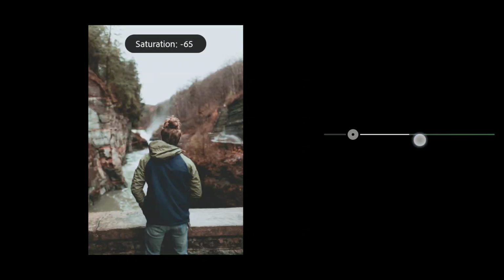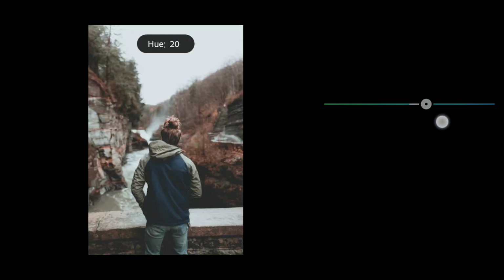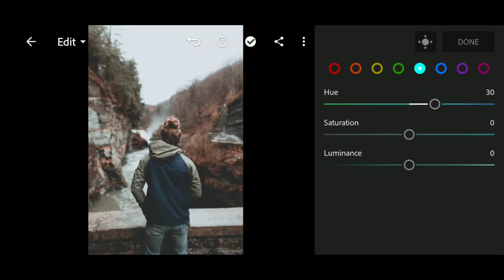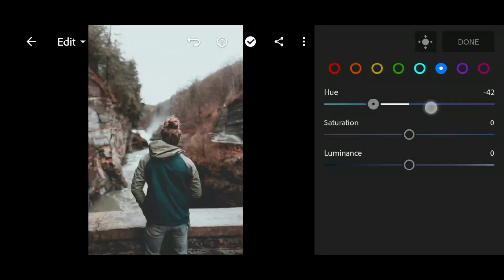saturation to -76 and leave the luminance at 0. Now select aqua and then bring up the hue to 30 and saturation all the way down and luminance to 0. Now select blue and bring down the hue to around 41,